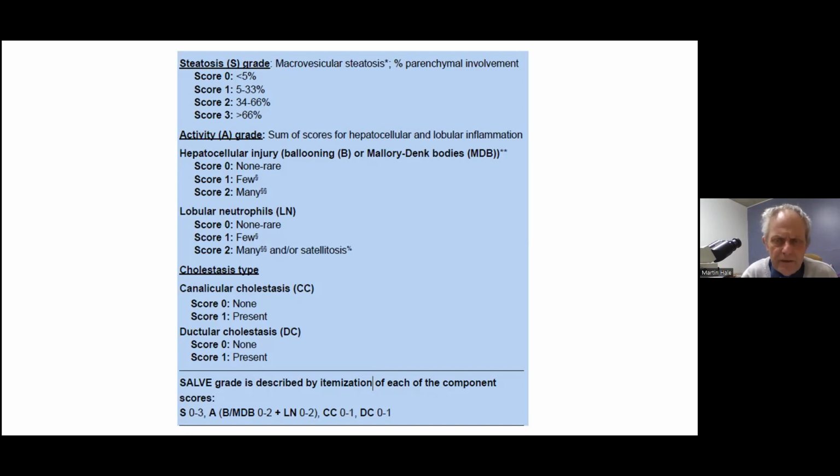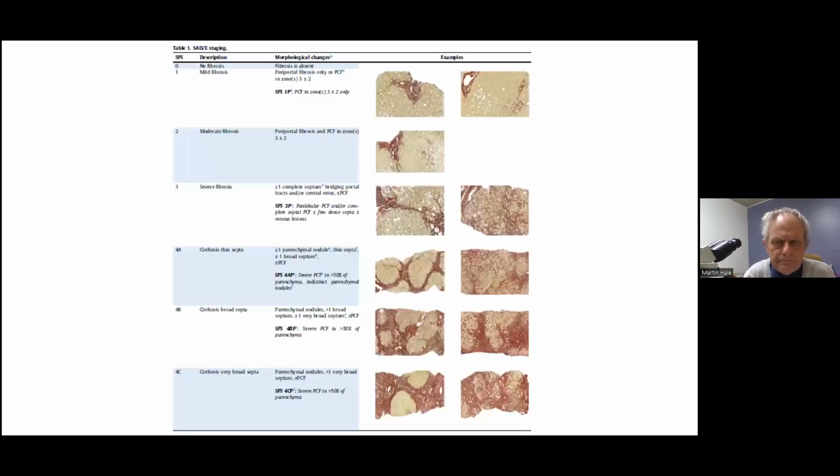So let's move on then, please, Cheryl, the next one. And then there is the fibrosis score. And this is a useful picture. I'm sorry it's a little bit cramped, but it is useful to be able to see that, particularly for the histopathologist, because it does give one a pictorial reference to look at. And I guess it would be the sort of thing that you would keep in your ready reference, which is usually next to our microscope in a file, or potentially on a wall, usually in a file.